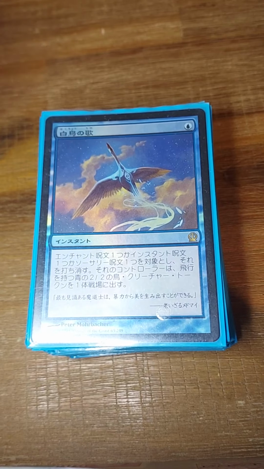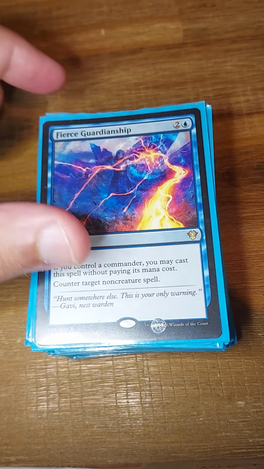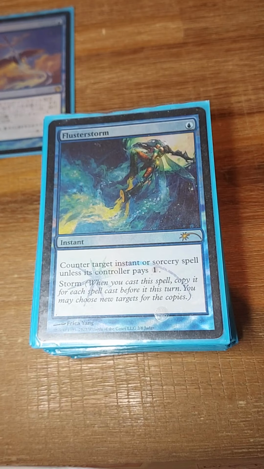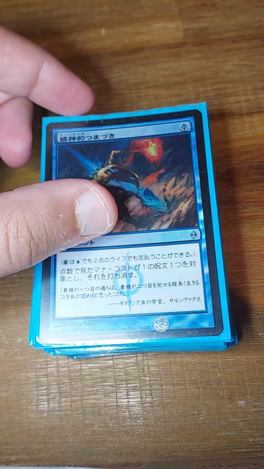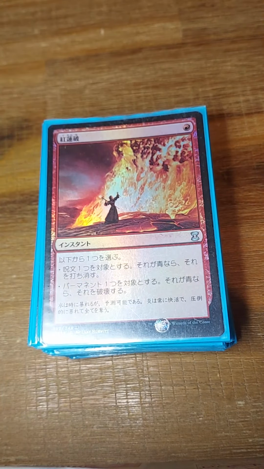We have our counter package. We have our Swan Song, Force of Will, Fierce Guardianship, Force of Will. Huh? What did I do there? Oh, Force of Negation. Snapback, Dispel, Misstep, and Miscast. Very important, this deck cannot